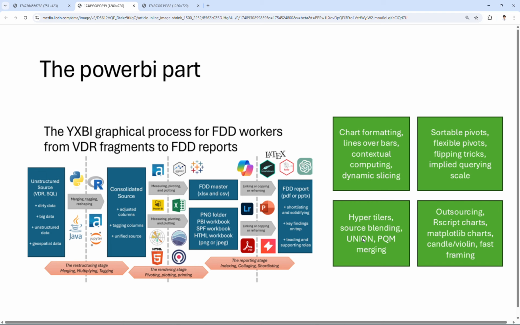So Alteryx in your company might be different from the general Alteryx because some of the components will be removed for the QIM purposes. Power BI is the same thing. I think in Power BI mostly the customized charts from the third party will be removed from the companies because the third party can actually steal the data by just drawing the chart. Basically, when you draw the chart, you have to send the data to the third party, and then they will send back the picture, and that can be dangerous for your company. So that's why the QM team in the company normally will remove those packages, and then R script and